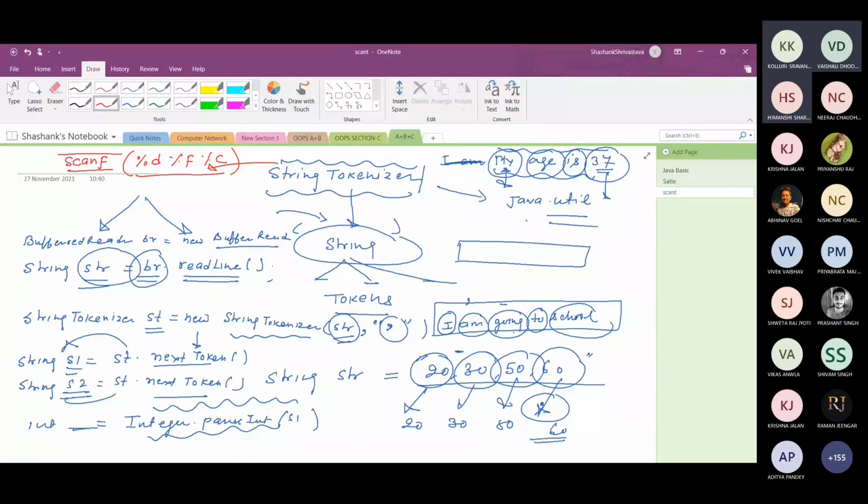Suppose the first data is age, then name, then roll number, then CGPA. In a single line you can read all these different types of data: age 20, name Amit, roll number, say, 202014, and CGPA 7.5.